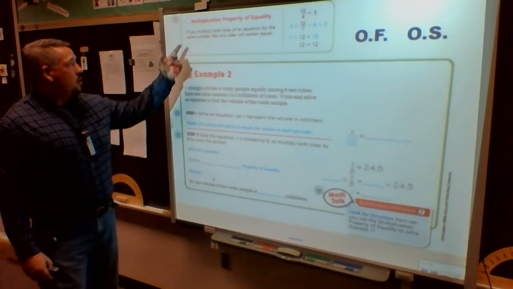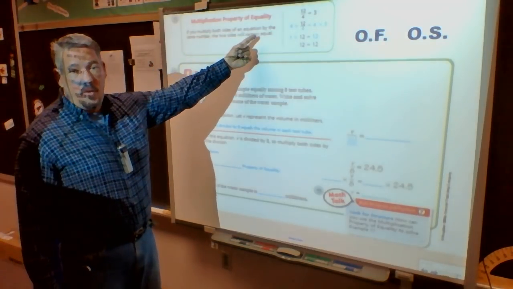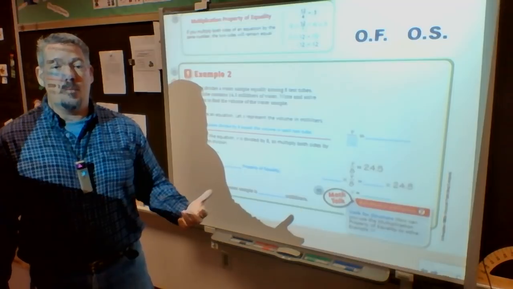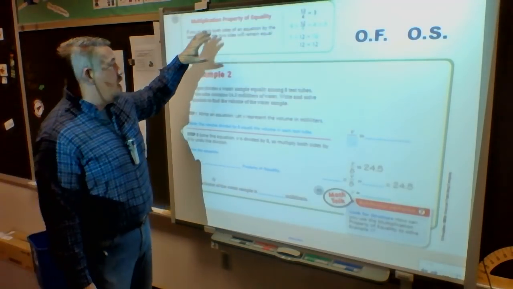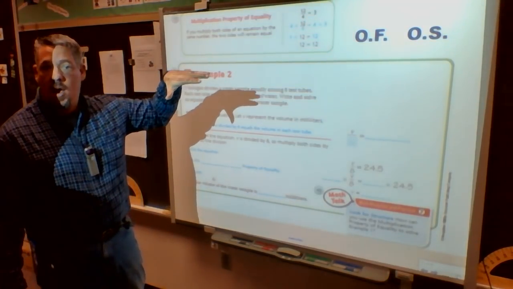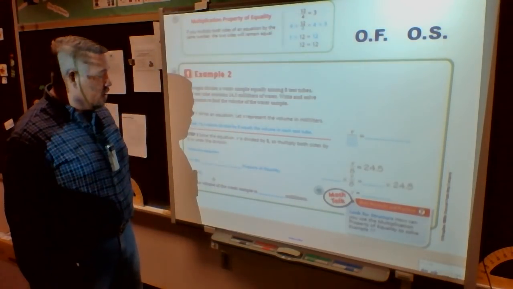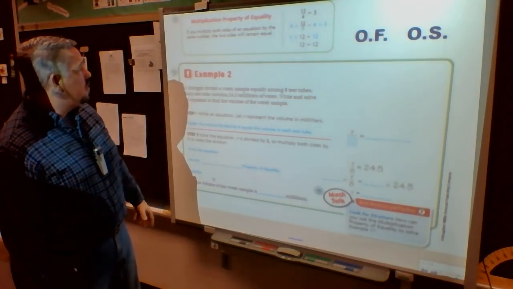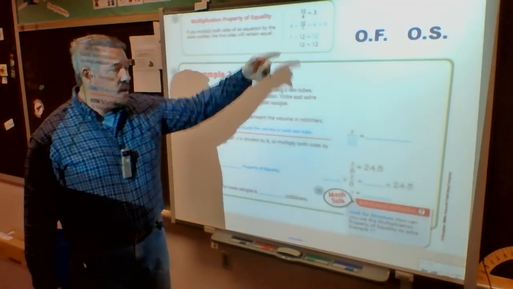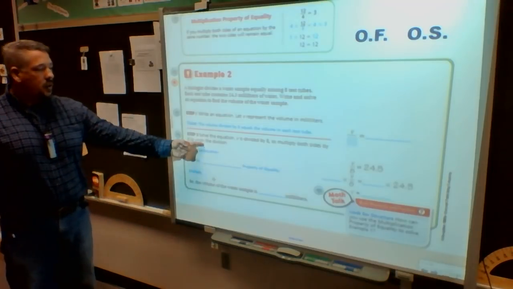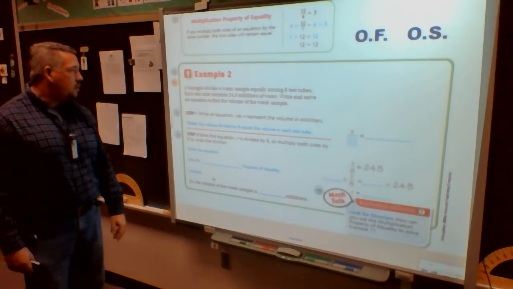Second one, as I told you, it's going to say multiplication property of equality. It's just saying, hey, we're going to find the inverse. We're going to do the opposite function on the opposite side. But if you get a question on your mid-chapter checkpoint or even your test, you can go back to this box, read what it says, and even see an example on how to set it up and the steps to do. Or you can look at this example and see that I'm going to actually solve it with you.